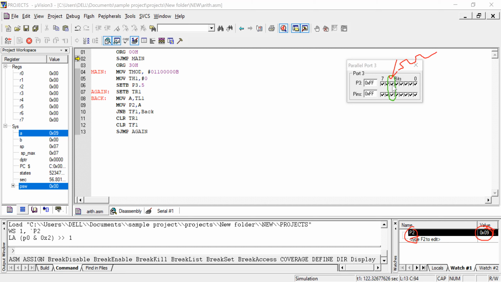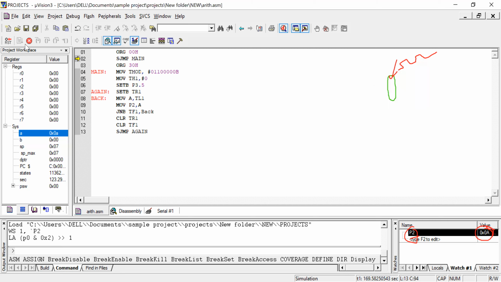So this is how we will count the pulses which are received by the 8051. Depending on the number of pulses received, you can design your own application. Right, so this is all about counter operation. Here we are giving the input manually; otherwise we would have to take some unknown frequency crystal oscillator and give the input to the controller. So in simulation, we can provide it only manually.